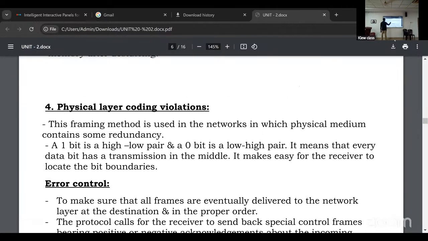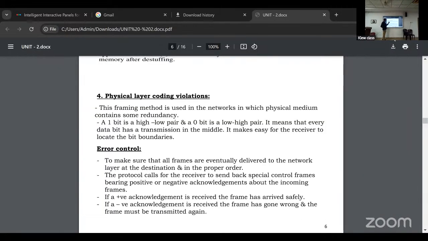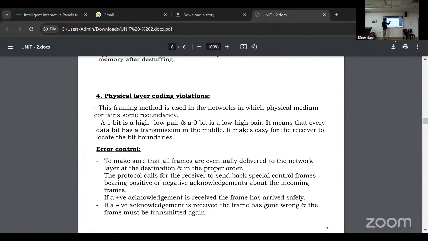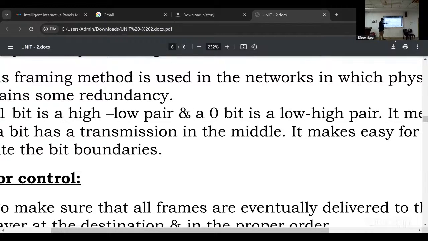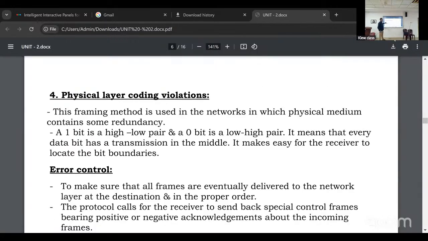This is the physical layer violation. Here, what does one bit indicate? High. What does zero indicate? Low. Just now in the morning we indicated the wave. The data can be indicated by it. A high value indicates 1, a low value indicates 0. The value above is 1, the wave below indicates 0, and 0 is nothing but low. Okay.